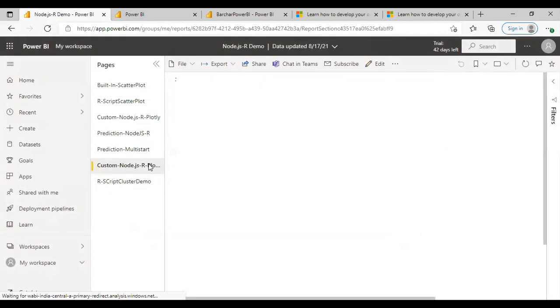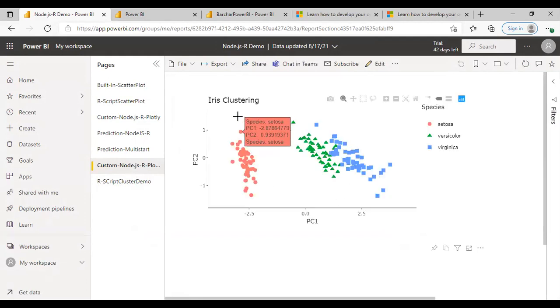So as part of that, I have created one more slightly advanced algorithm output here. So let it load. So this is the output of a clustering algorithm on top of the Iris dataset.